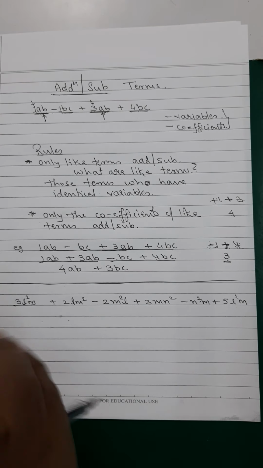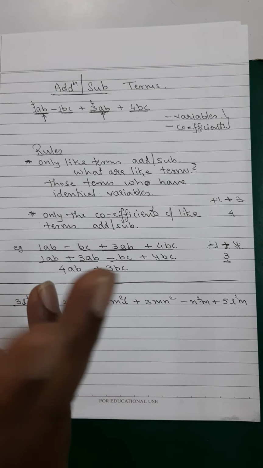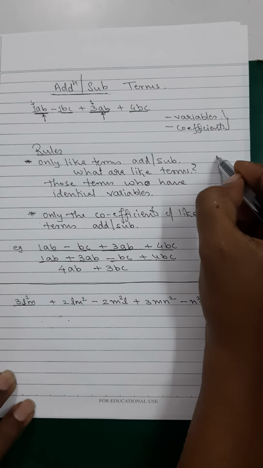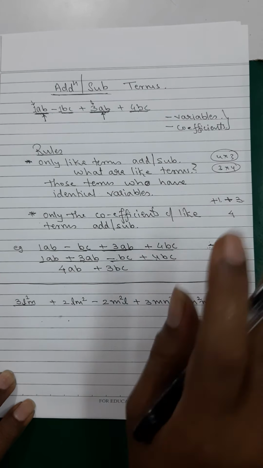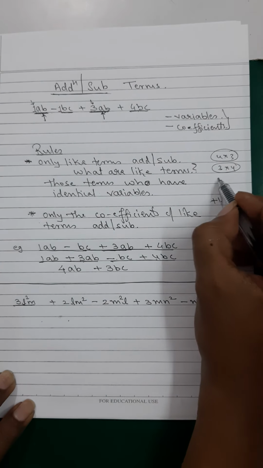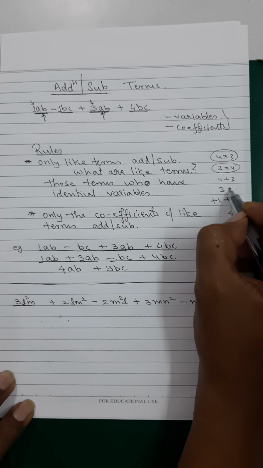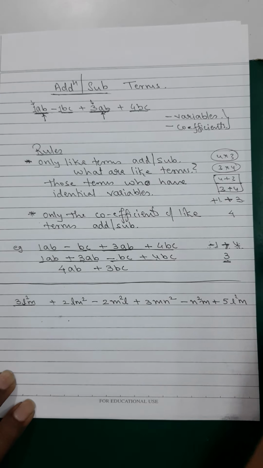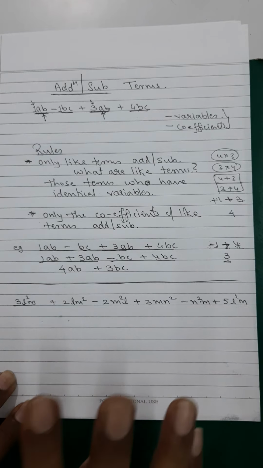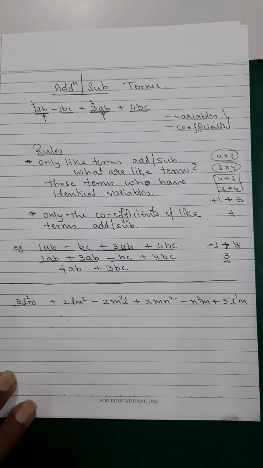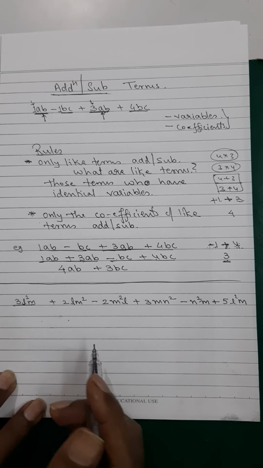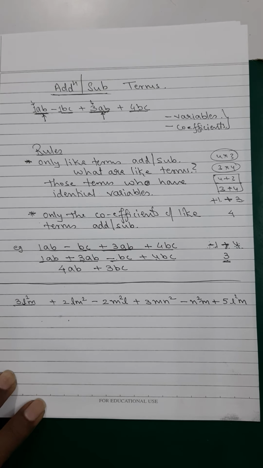In multiplication and addition, you can reverse them. 4 into 3 and 3 into 4 are basically both the same. Similarly, 4 plus 3 or 3 plus 4 basically mean the same. So while multiplication and addition, you can reverse the order, but while subtraction and division, you can't. So let's not go very much into that, otherwise we will go away from this topic.